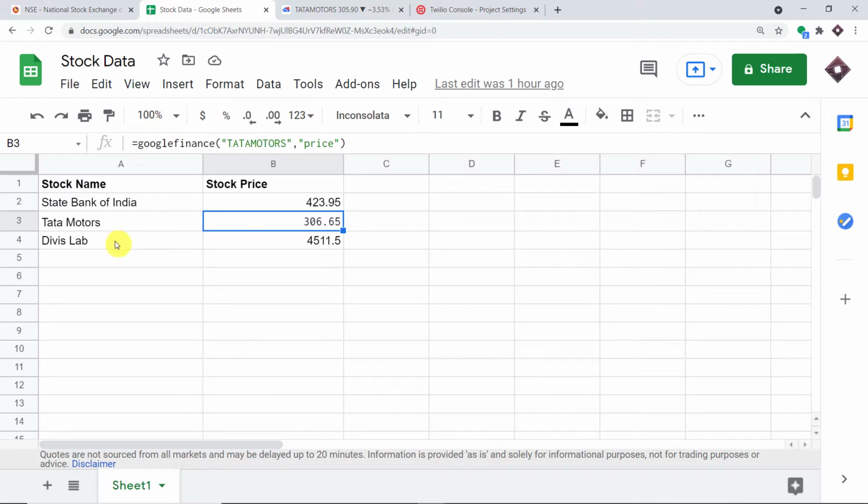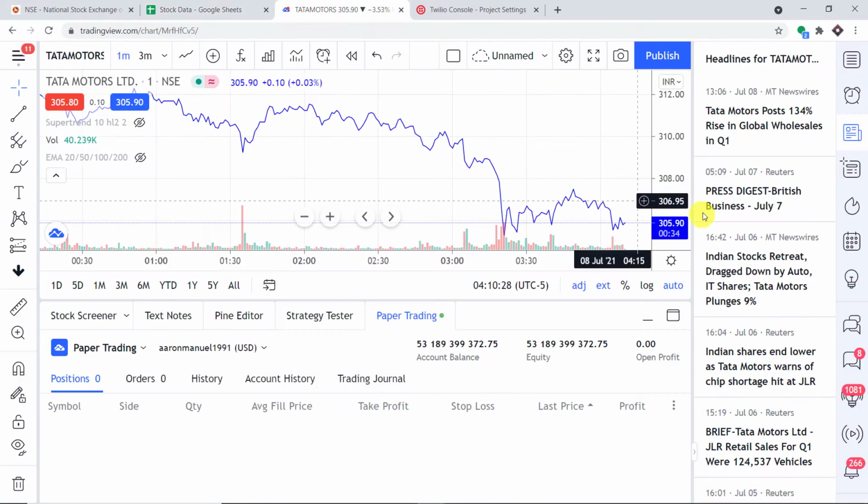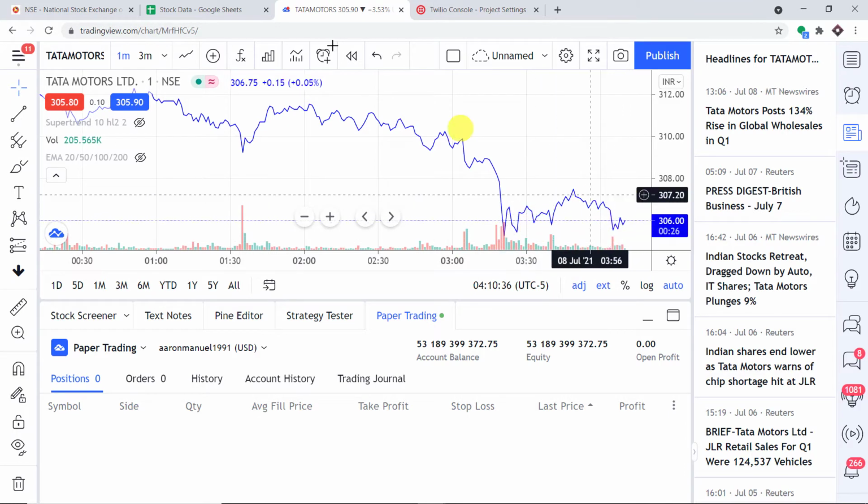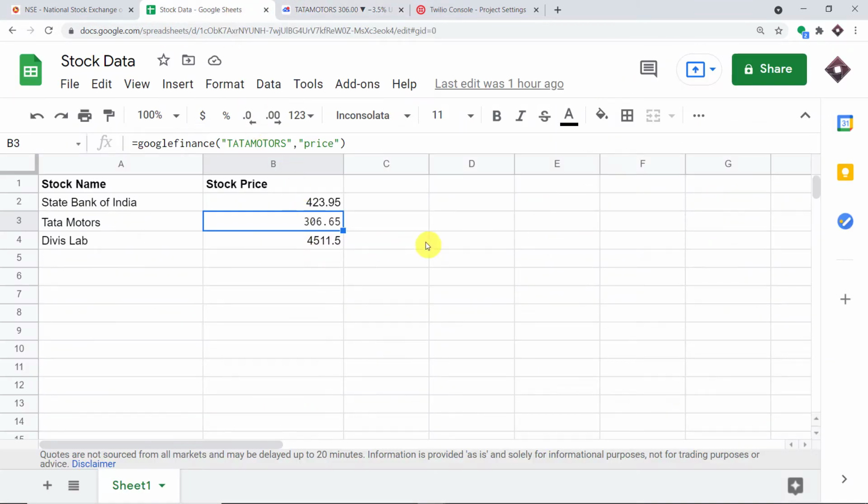For example, we have the stock name Tata Motors, and this is the associated price. Tata Motors is hovering between 305.90 and 306.65. These are the live prices, and they are present here due to Google Finance. We have input a small formula. Don't worry, I will teach that later. The gist is, I will be getting an SMS regularly every 15 minutes about the stock prices of these three stocks. Let me show you the stock names as well as the stock prices that I have received as SMS alerts.